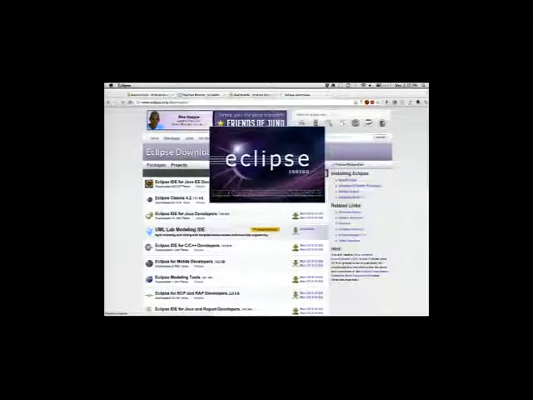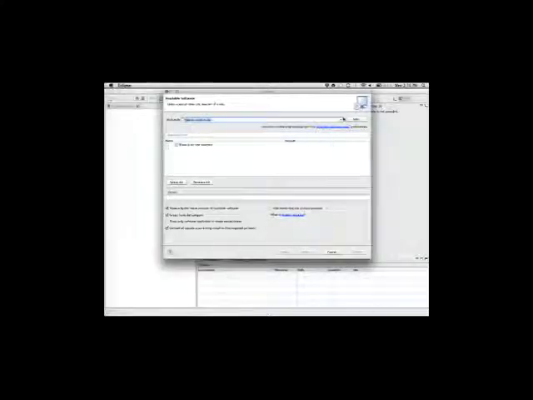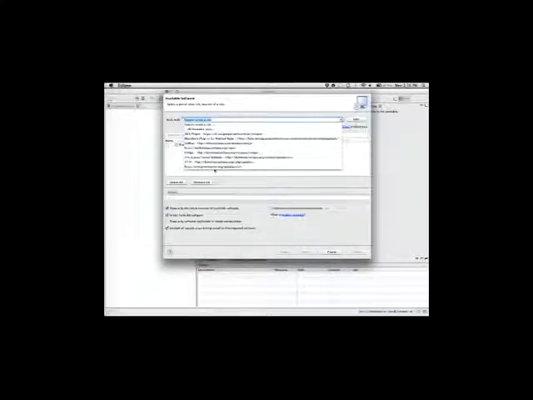And in Eclipse, you're going to add a repository to it. So once Eclipse is there, you just go Install New Software. And then you click Add there. I'll show you what I've added already. But you add,